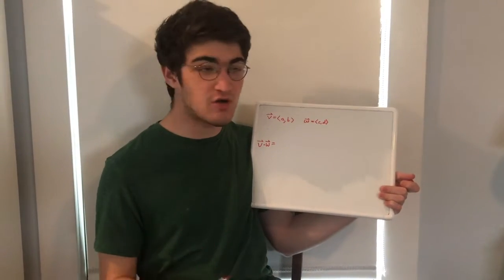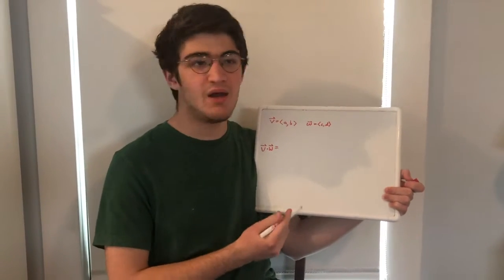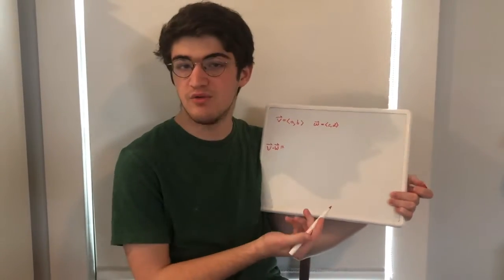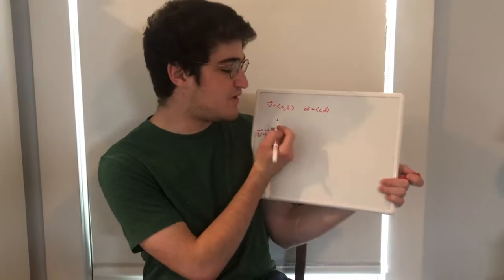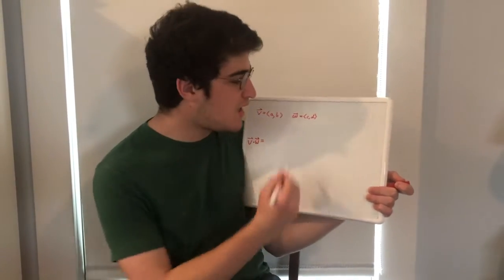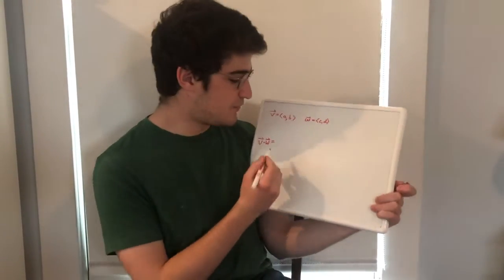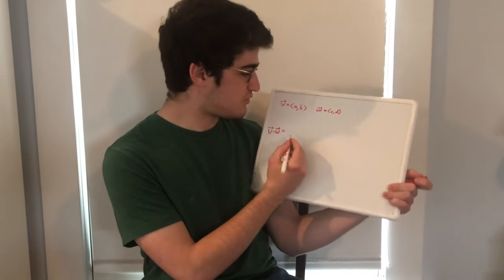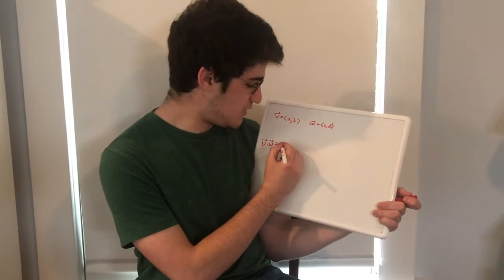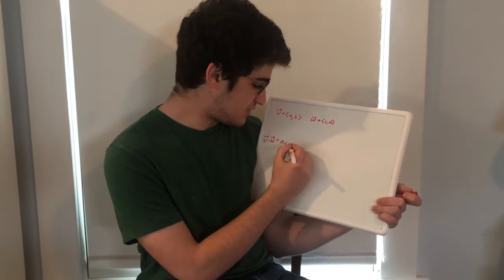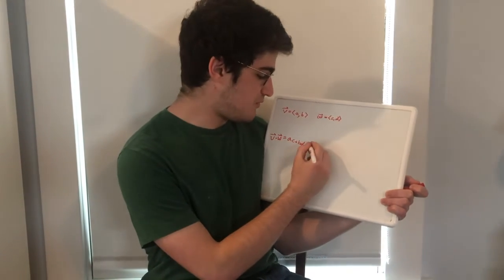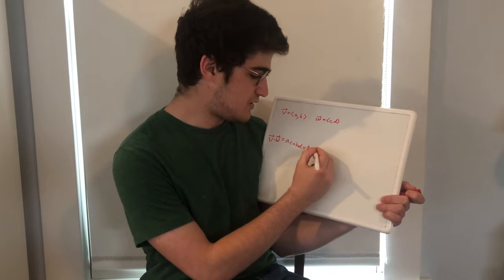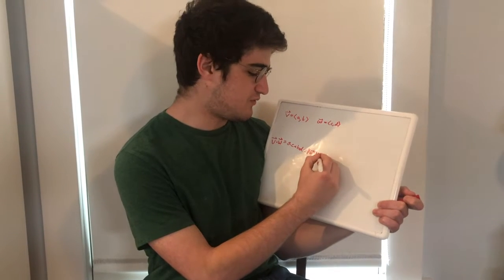But before we can solve that problem, we need to take a look at the definition of the dot product of two vectors. Suppose we have two vectors, v and w, where v has components a and b, and w has components c and d. Then the dot product of these two vectors is going to be equal to ac plus bd, but it's also going to be equal to the magnitude of v times the magnitude of w